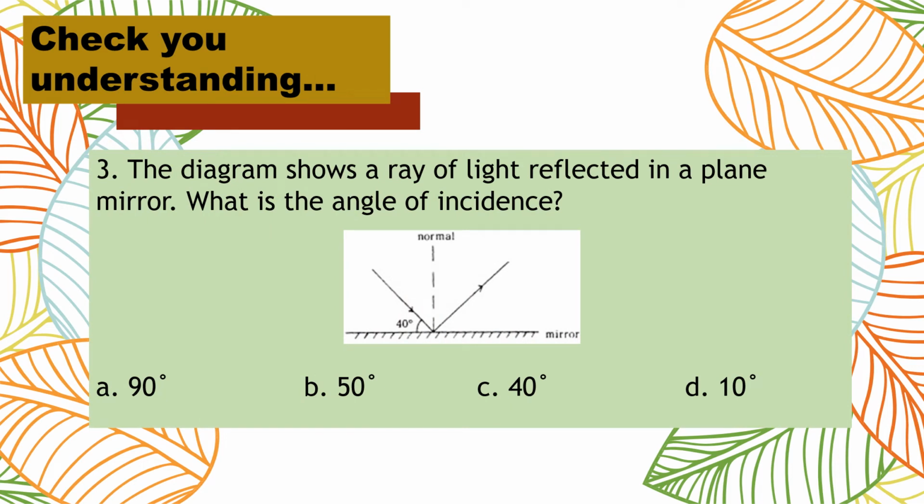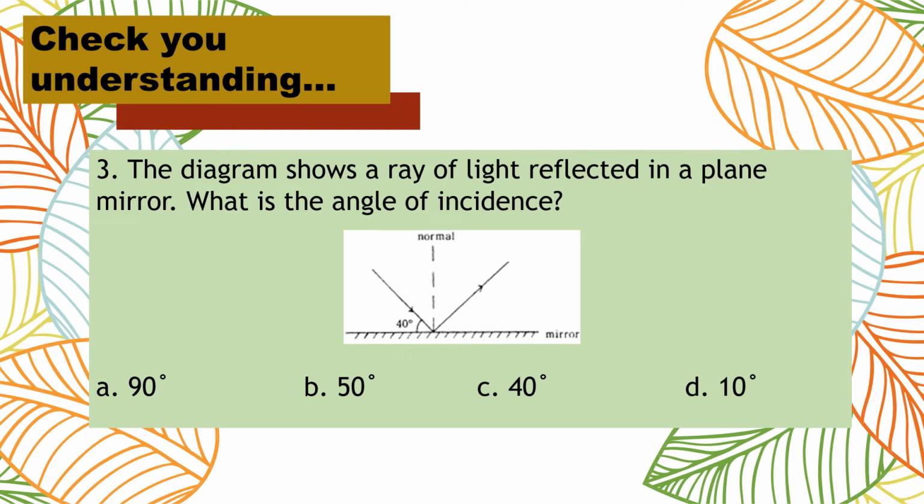Okay, for number 3, the diagram shows a ray of light reflected in a plane mirror. What is the angle of incidence? It is the same situation as number 2. As you can see on the illustration, the incident ray, a ray that is striking the surface of the mirror, and the surface of the mirror creates 40 degrees. Now, if you are trying to measure the angle between the normal line and the surface of the mirror, it produces 90 degrees. So, if that is so,